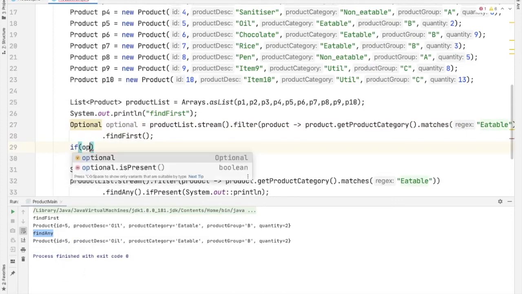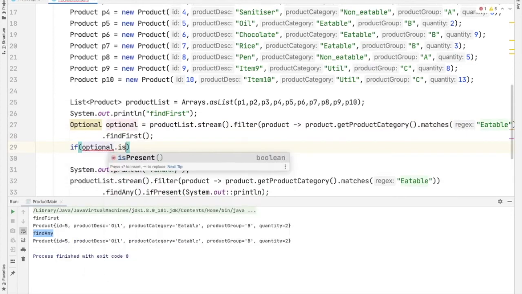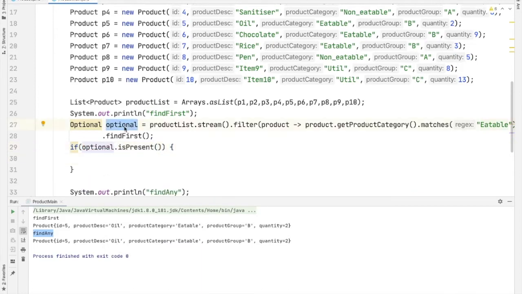If optional.isPresent() and the result is there in the Optional variable, then isPresent returns true, so the code inside the if clause will be executed.